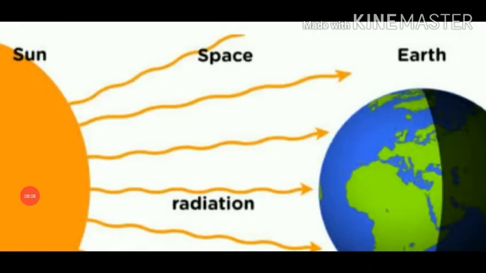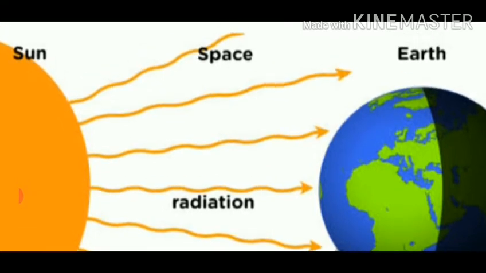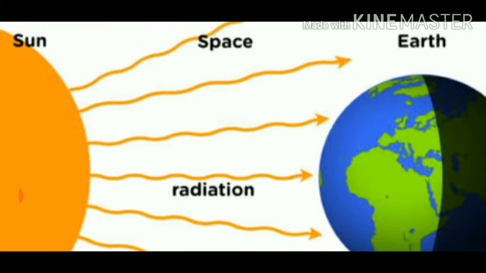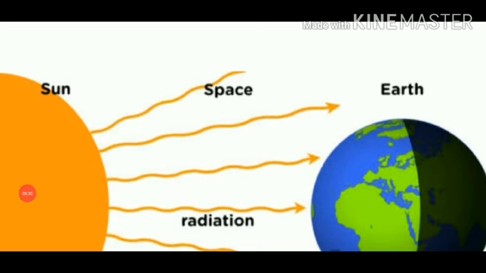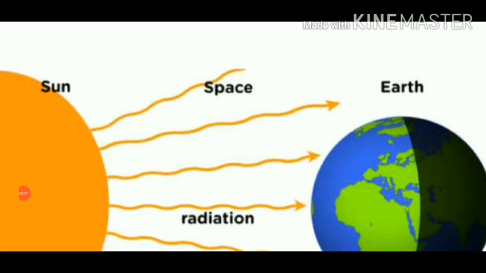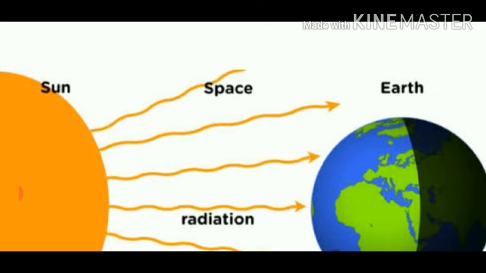Have you ever wondered how the sun makes you warm? It cannot reach us by conduction or convection, as there is no medium such as air in most of the space between the earth and the sun. So from the sun, the heat comes to us by another process, that is radiation. The transfer of heat from the sun does not require any medium. So radiations can travel through vacuum.